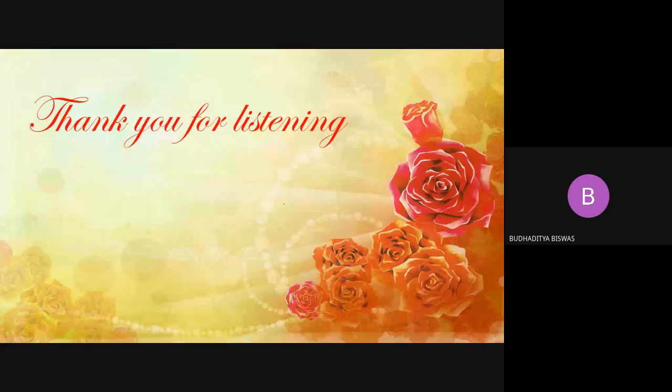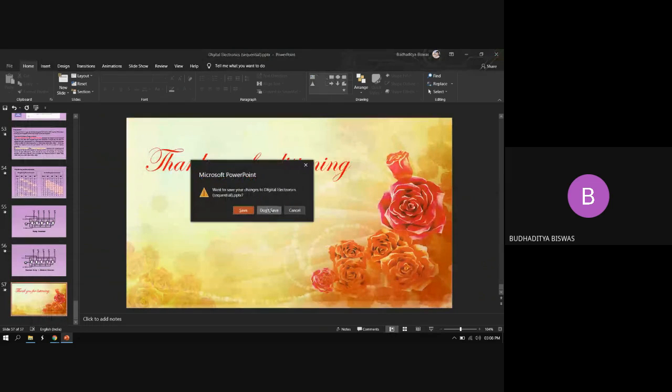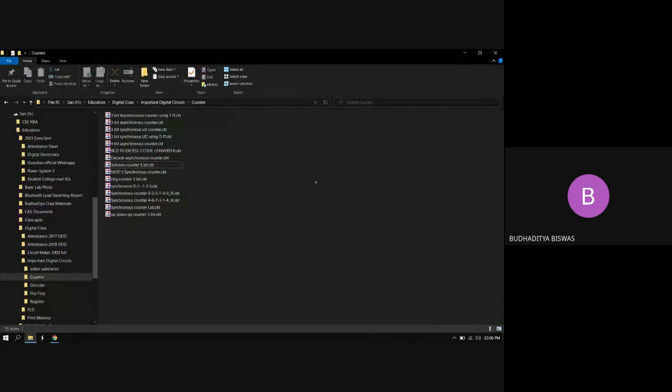So this sequential logic circuit topic is also over today, and a few things are left. One is the design of the sequential digital logic circuit, that means the Moore and Mealy model. Another is the analog to digital converter. In the next day, another important thing is the memory element, the RAM-ROM. Next day we'll start the RAM-ROM design techniques, because that one is important compared to the analog digital technique. Analog digital is generally theoretical, with a little bit to be understood. Otherwise it's a theoretical thing.